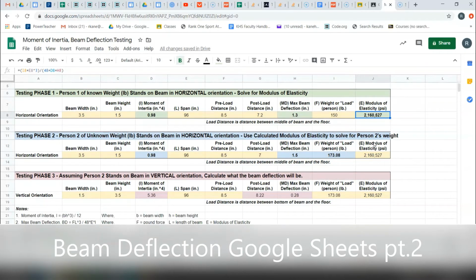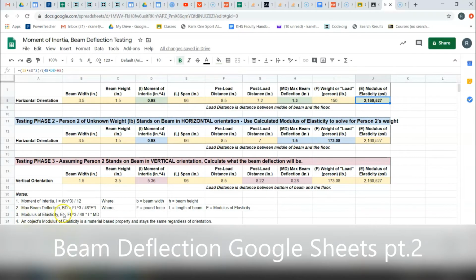And if we look here, we're going to see down here the modulus of elasticity, E, we can see our equation. Okay, the force that's applied to a beam of a certain length divided by 48 times the moment of inertia times the beam deflection. Okay,